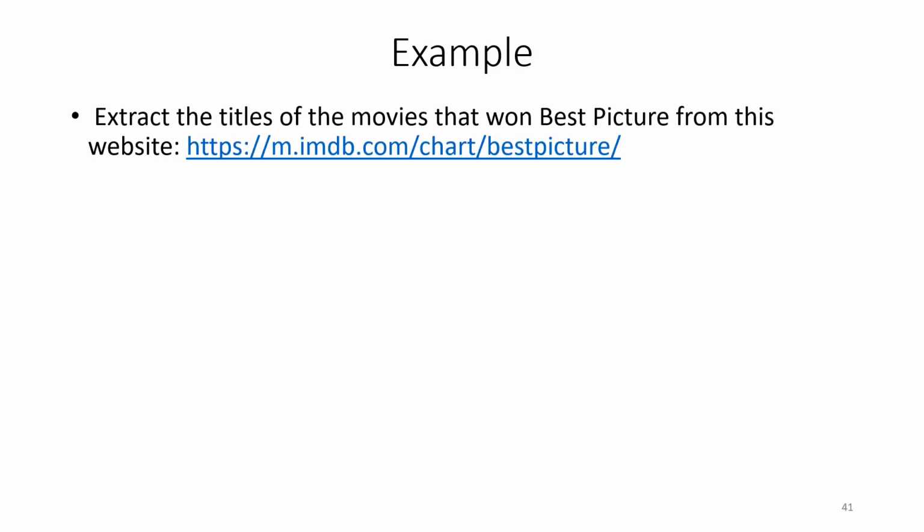In this video, we're going to be looking at an example of web scraping. So the question we want to look at is to extract the title of the movie that won Best Picture from this website. So we are given this website, so we want to extract the titles of the movie that won Best Picture. So definitely I want to go to the website, and in order to extract the title, I need to read the web page, that is read the web page using